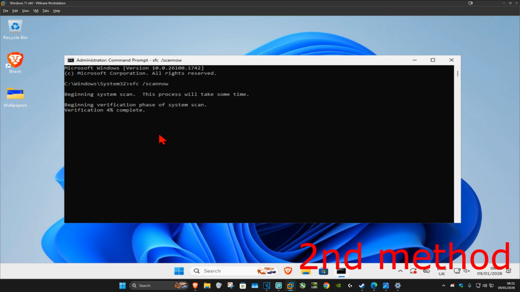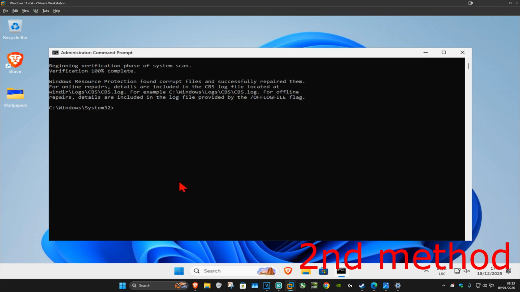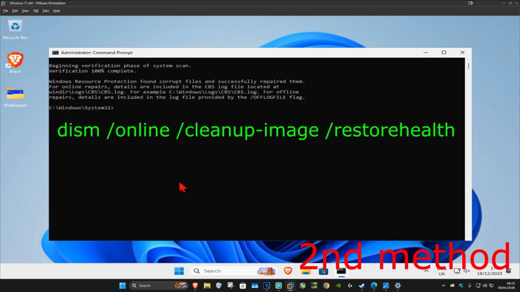And you want to run this scan. Wait for this to load. I'm going to skip the video to when the scan will be fully completed. And then once you complete that scan, now you want to type in DISM